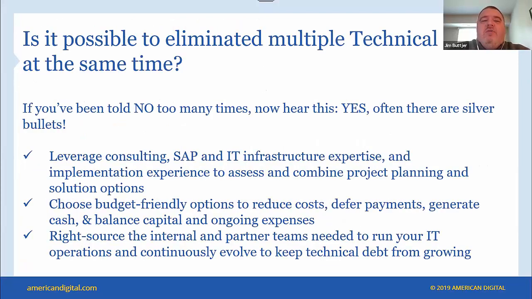So you might be guessing that I was leading up to this, and you'd be absolutely right. Is it possible to eliminate multiple kinds of technical debt at the same time? The answer is yes, it is possible. We've done it, and it has varying degrees of possibility, right? But it really takes understanding the totality of it to see how much you can eliminate at the same time, and whether that means it's going to be more expensive, more time-consuming, just need more resources, or more executive support, whatever the case is. Yes, it is possible, right?